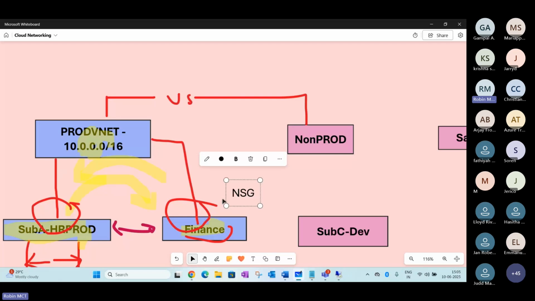By default, the communication is possible here without any kind of restrictions. Now, in case you want to make any kind of restrictions here, that can be possible by adding an NSG at the vNIC level or subnet level. So you have the option to configure it if you want to restrict. That's possible by adding a configuration at the NSG, which can be mapped at the NSG level here. That may be one important point.